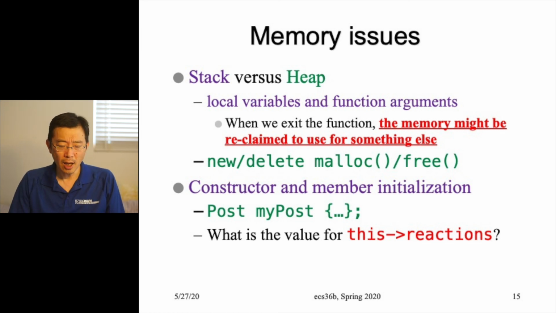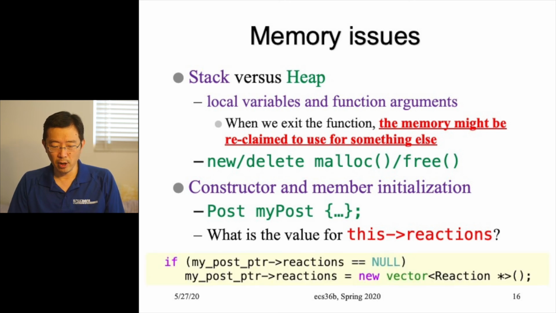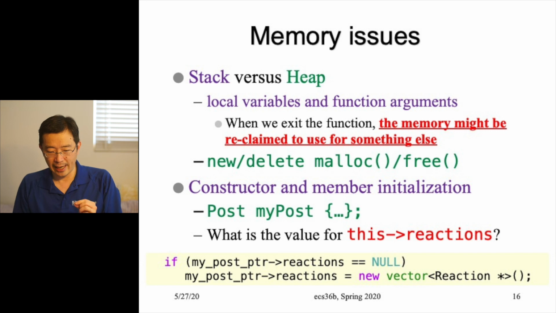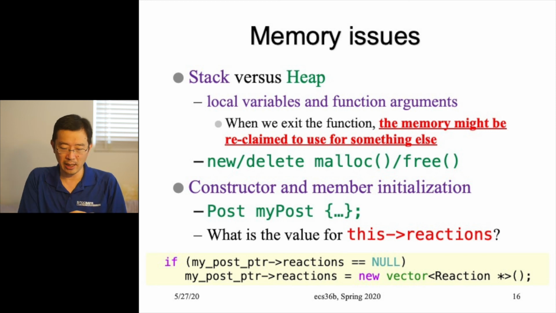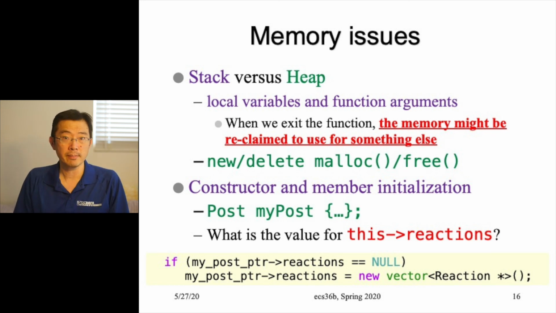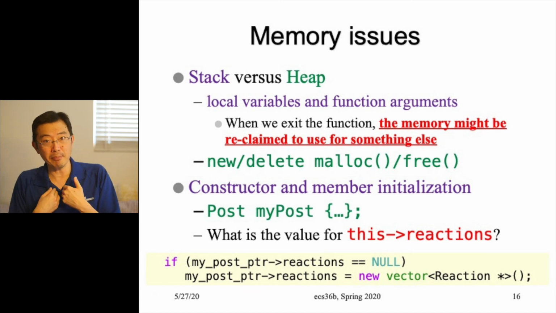So what's interesting is that if you look at the code, why is this important? Because if you look at the code I just showed you earlier, before I create this new vector reaction star, this pointer that initializes the reaction, I did check: if my post pointer to the reaction is equal to null. So that line of code implies my belief that if this is never being initialized,